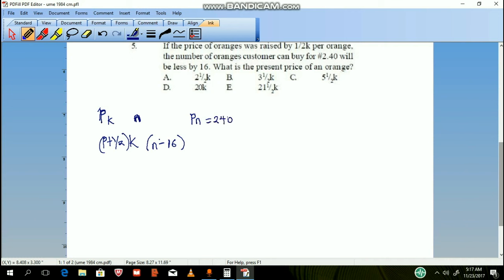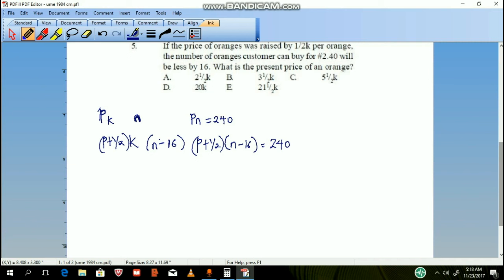For me to get the total number of this, that's going to be Pn. So for this same new price now, if I want to get the total amount, it is going to be P plus 1/2 kobo times the total number of oranges now, which will be n minus 16. It is still going to give me 240 kobo, because this will be the amount that I can still buy it,